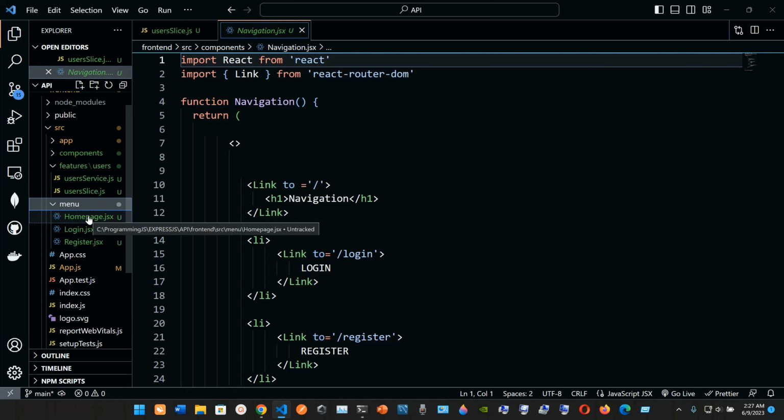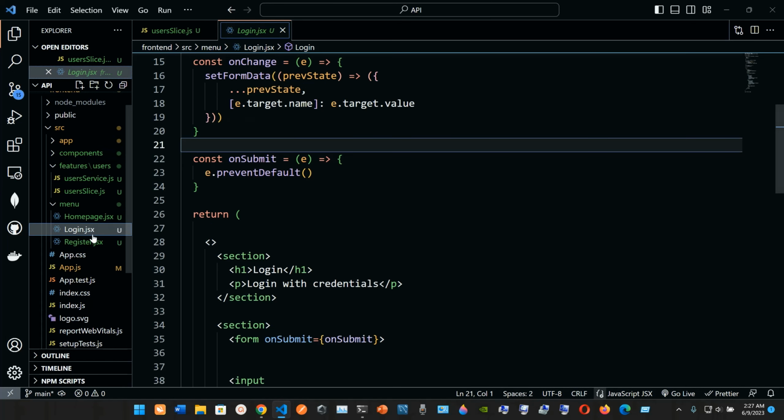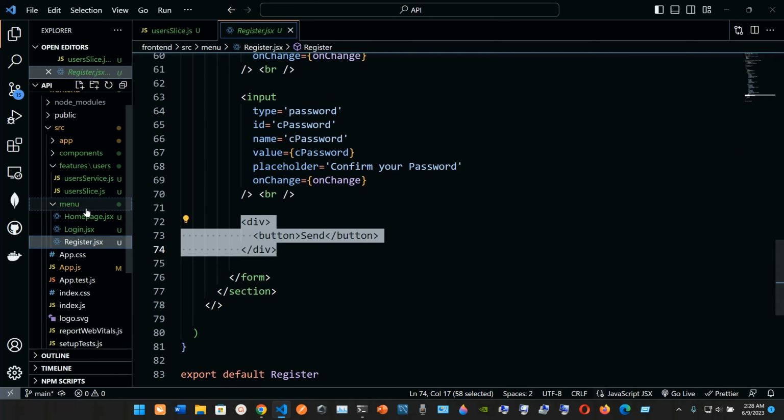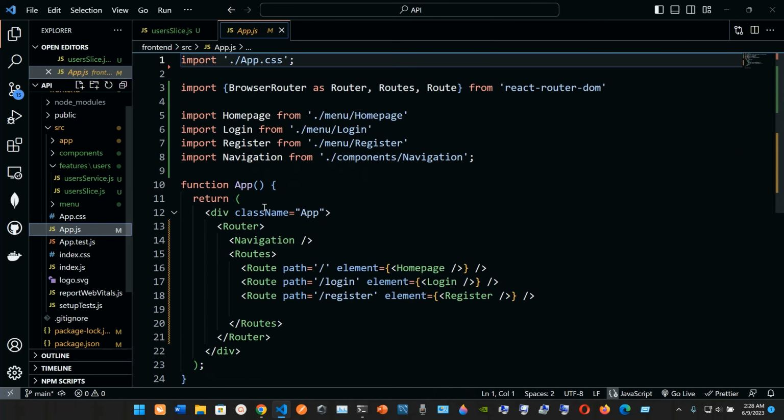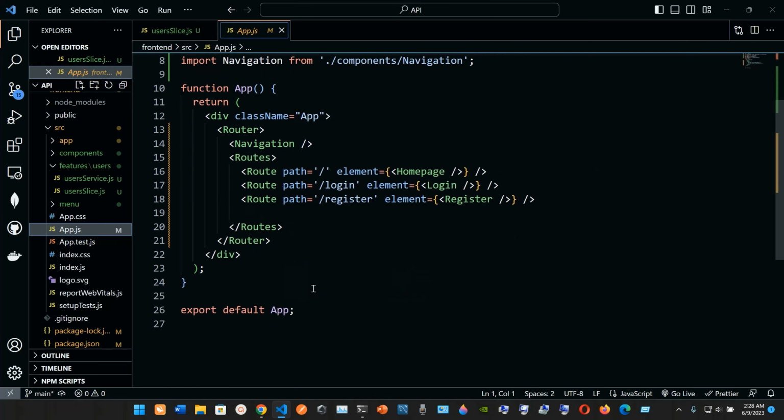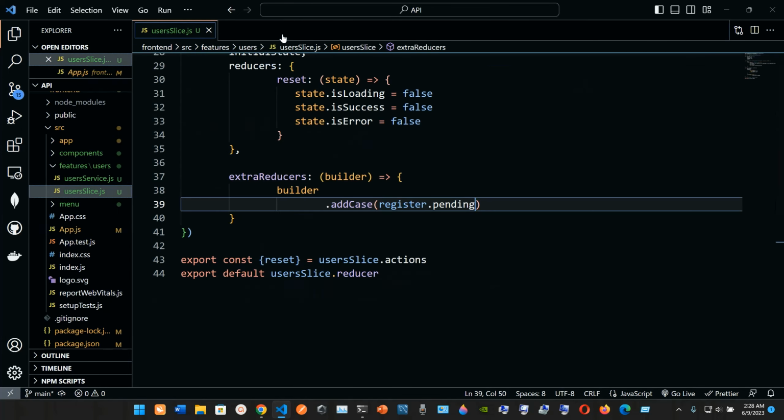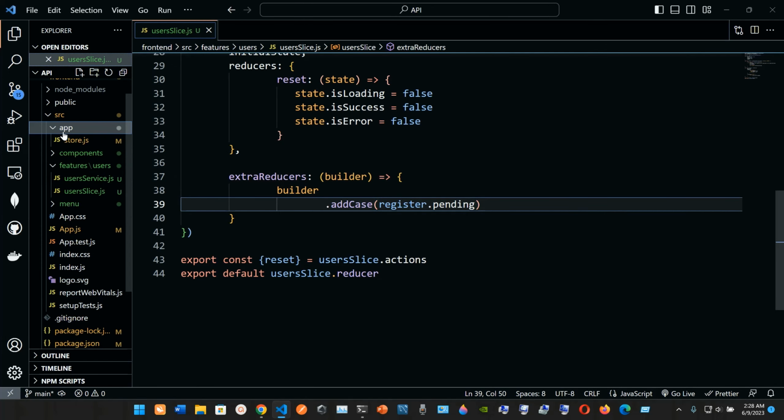Menu, let me see, home page. Okay, login. Everything is fine here. We have the app. Everything is fine here too. And let me see, in the store. Okay,